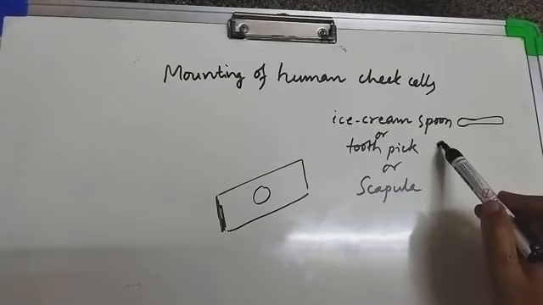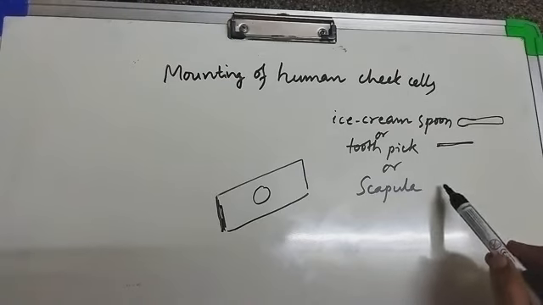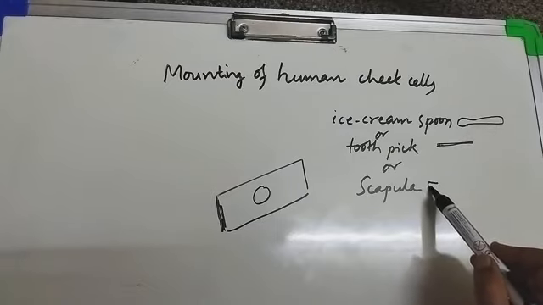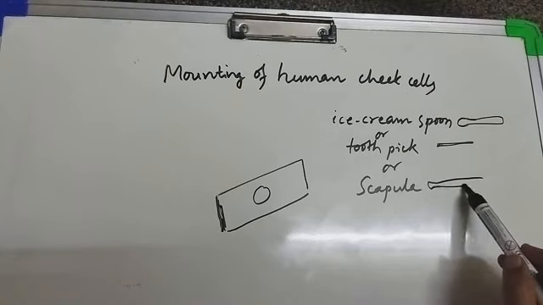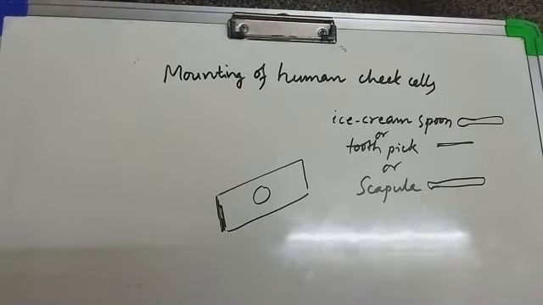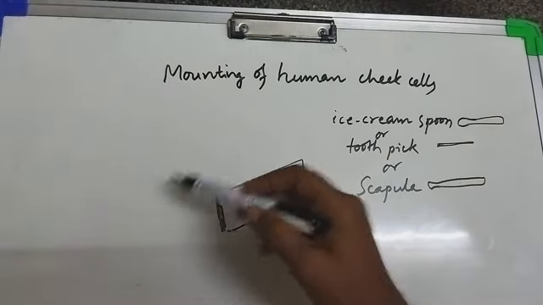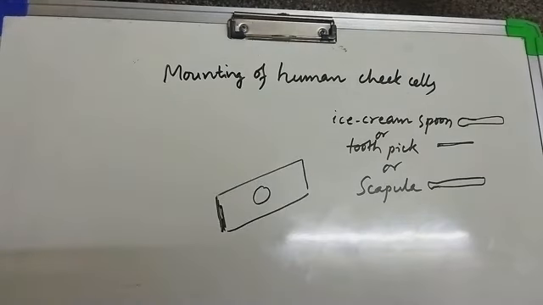A toothpick, like this we will be having it. Scapula, almost in the same shape, but a little lengthier. That's it. So any of these things you can take, and you can gently scrape the inside of your